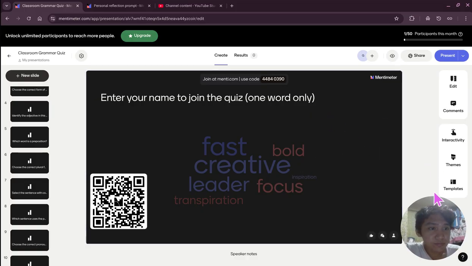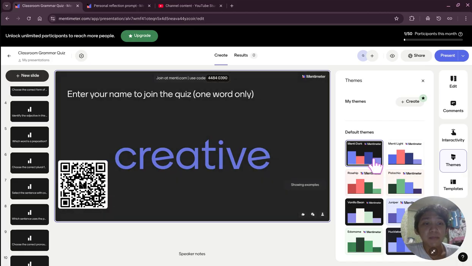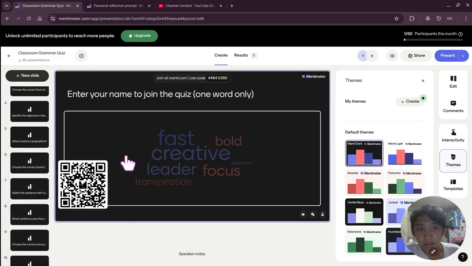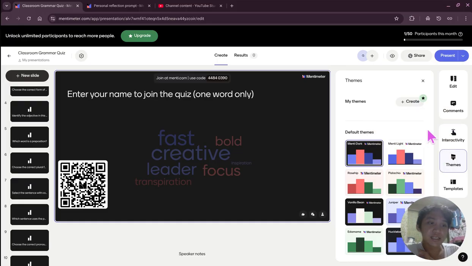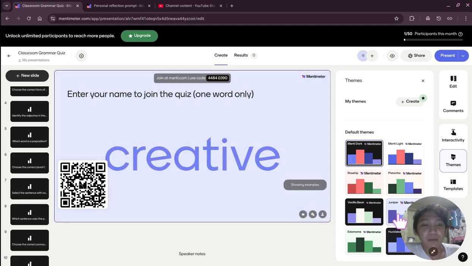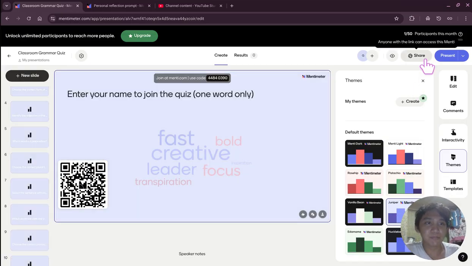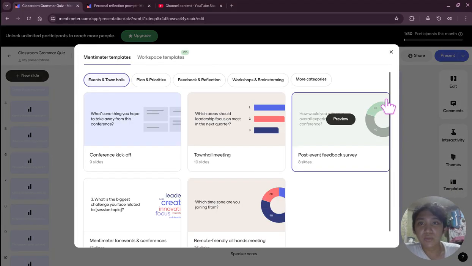Alright. So you can edit the themes of your overall Mentimeter by just selecting this and choosing a preferred Mentimeter theme. You can also create your own, but since we don't have the plans or the pro version of Mentimeter, we would just be satisfied with the free options for now. Since I love the color blue, let's use the light blue theme for our Mentimeter. Here are other templates we can use.